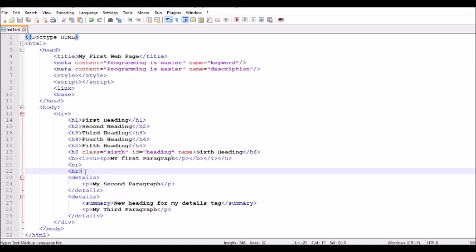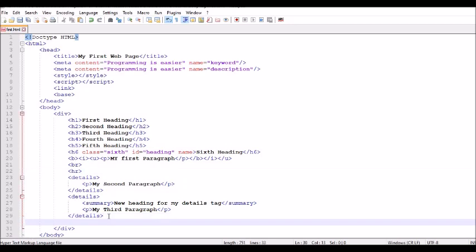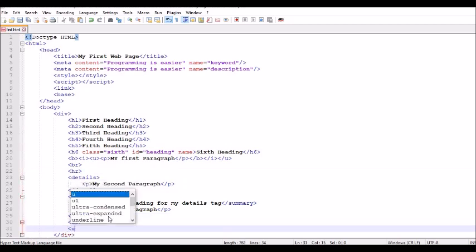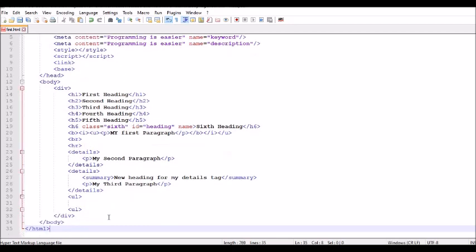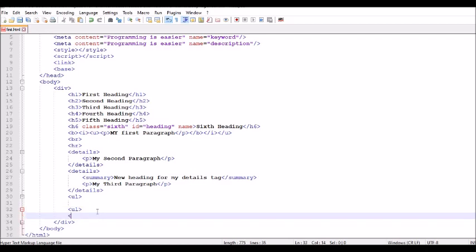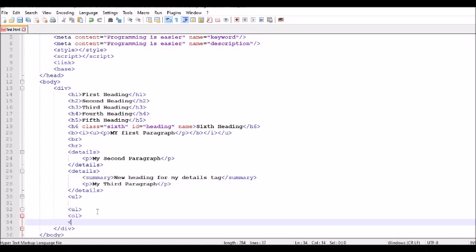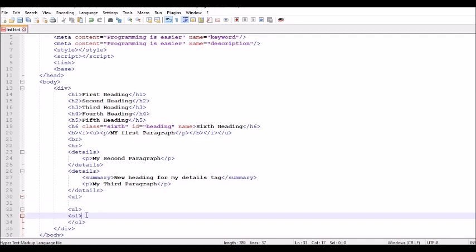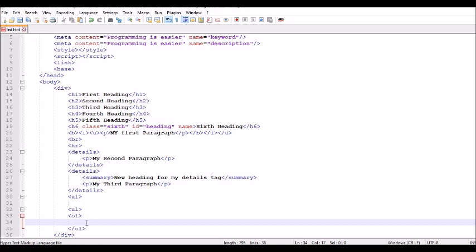So we have just seen heading tag, paragraph tags and some of the formatting tags, right? So in some cases you might want to use bulletin or numbered list, right? For this purpose, you can use two set of tags. That is, to list some content, you can either use UL or OL, which is UL provides unordered list, which is to have your list in bulleted format, we can use UL. To have your list in number format, we can use ordered list, which is OL.